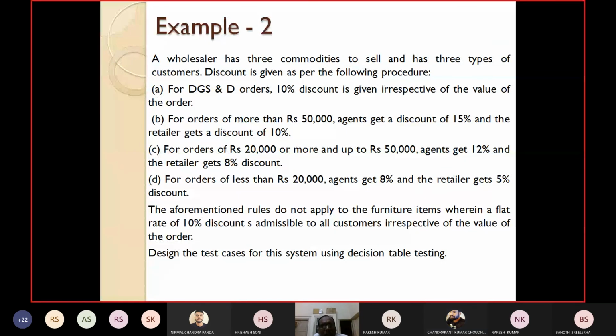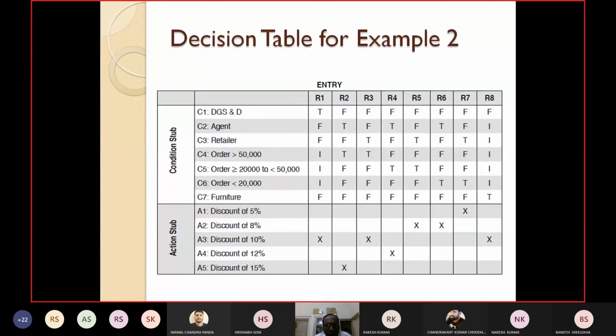Please try to understand. If you are a DGST customer, then whether you are a retailer, a wholesaler or an agent, whatever the amount may be, 10,000, 20,000, 50,000, straightforward you will get 10%. That's why I have put the immaterial conditions. If it is a DGST one, then the concept of agent or retailer is not applicable, everybody will get 10%, whatever the amount. Now please tell me, why is the doubt here? Why will the confusion come?